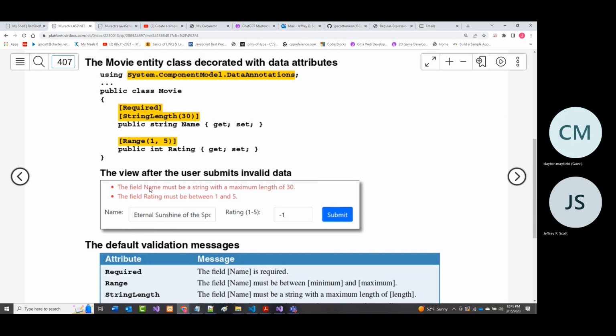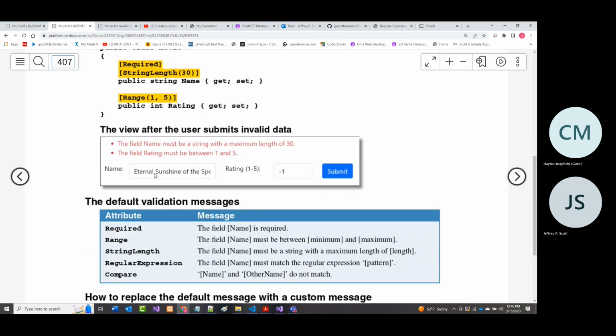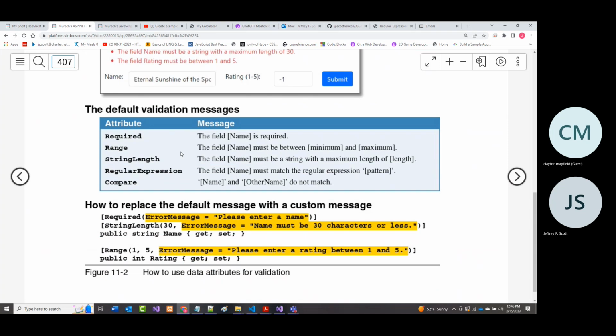So the field name plus the name must be whatever. That's all being supplied by the system itself. You can go in and add your own error message up here, and they'll talk about that in just a bit. So these are the ones that we just mentioned. Here is where we're actually adding our own error messages. We've done that before, so there's nothing new there.